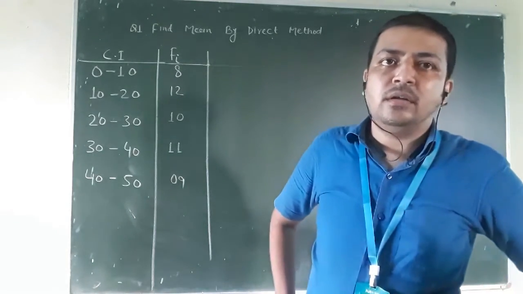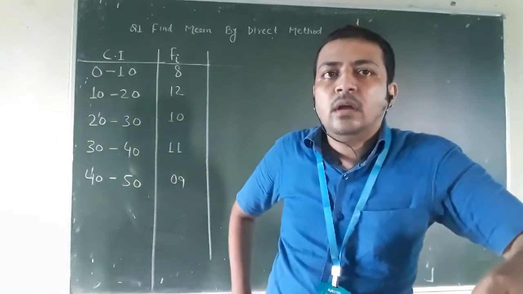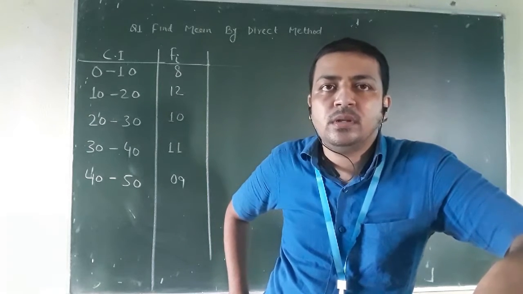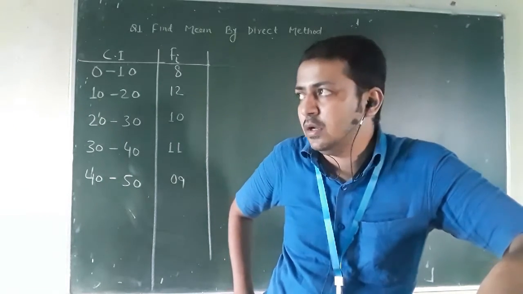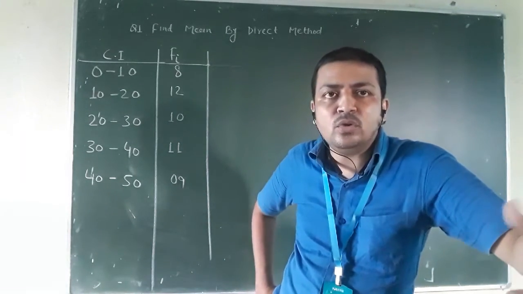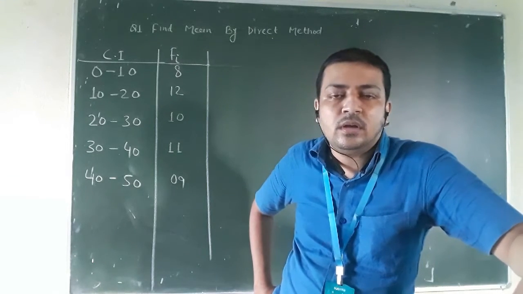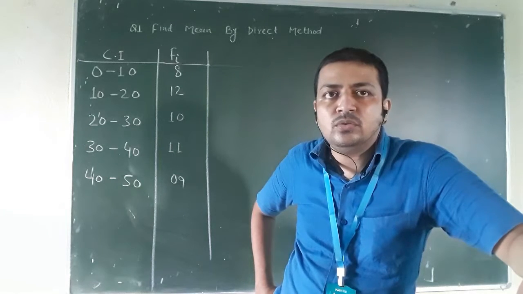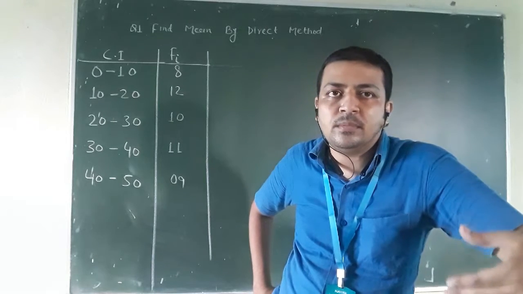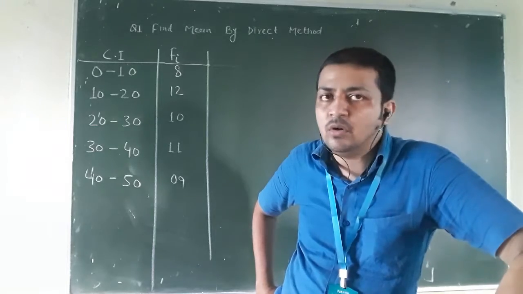As you know, for finding the mean of grouped data, there are three methods for standard 10. The first is called the direct method, the second is called the assuming method, and the third is called the step deviation method. A method is not anything new, it is just a new way of calculation. In some questions there are lots of calculations in the direct method. So to minimize these calculations, there are other methods called the assuming method and step deviation method. Here you will see how the calculation works.